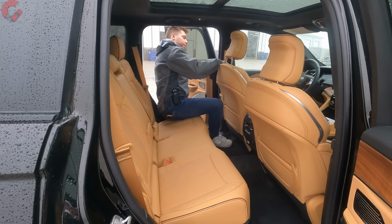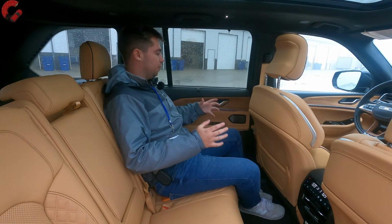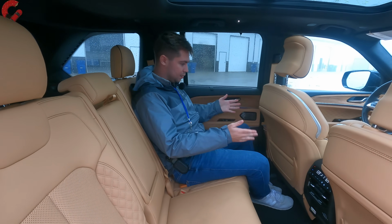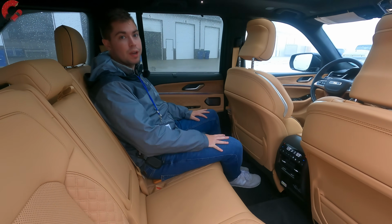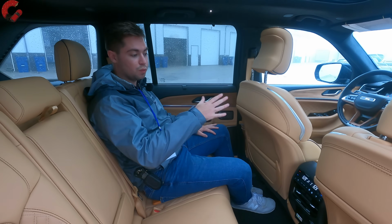Now hopping into the back of the Summit Reserve 4xe Grand Cherokee, it's going to be a very premium place to spend time. Don't want to sound like a broken record, but this is all about that premium experience. I don't have any of the specific specs for this product. We will have that in our full review, hopefully coming to the channel soon. But let's go ahead and just rudimentarily,